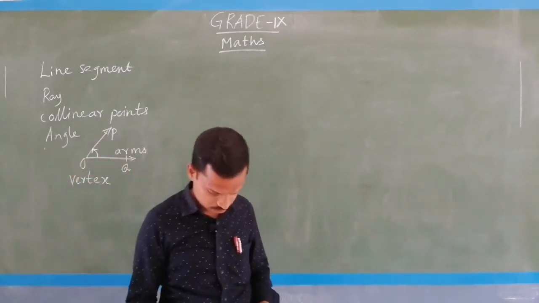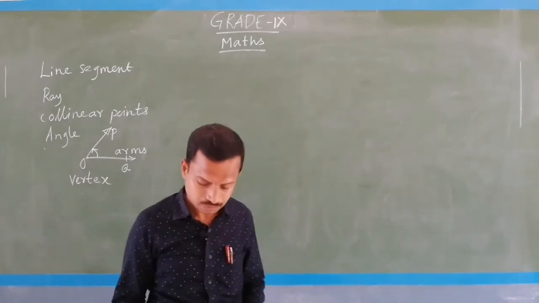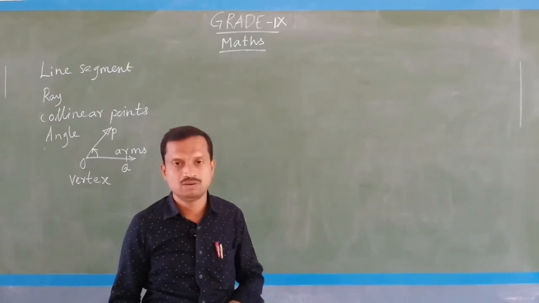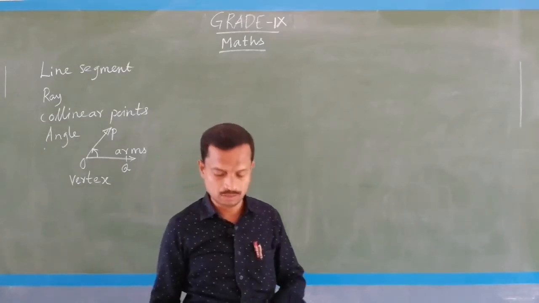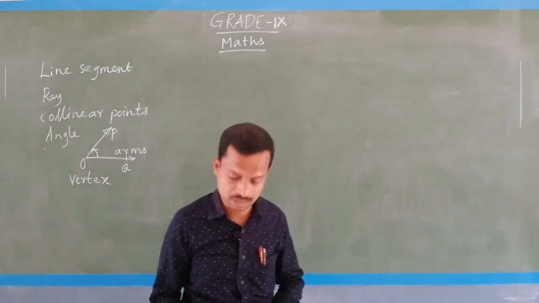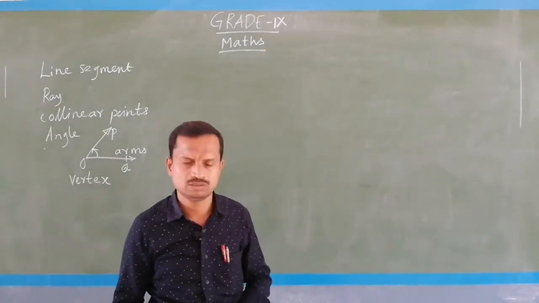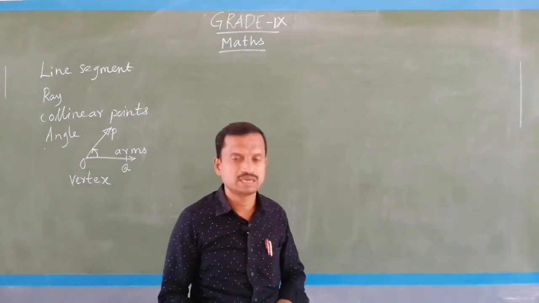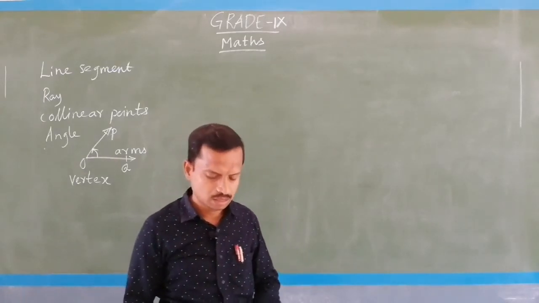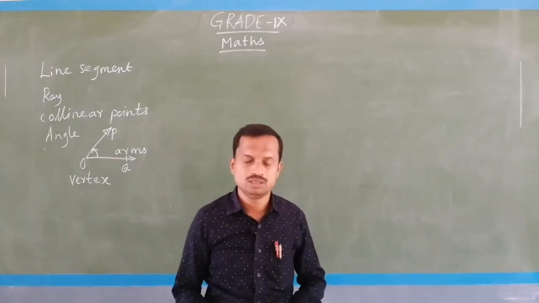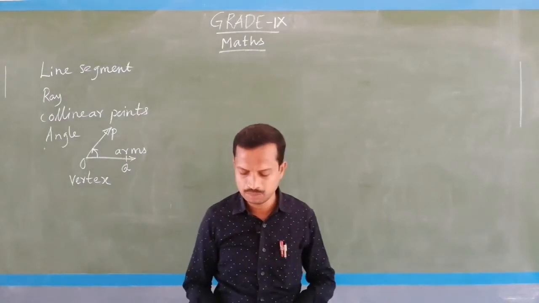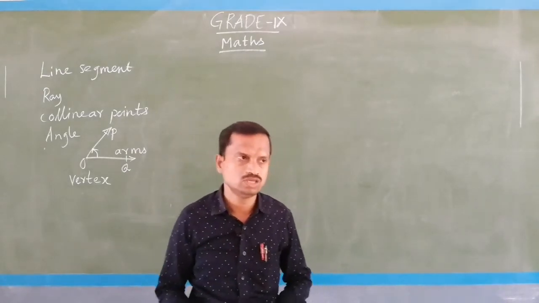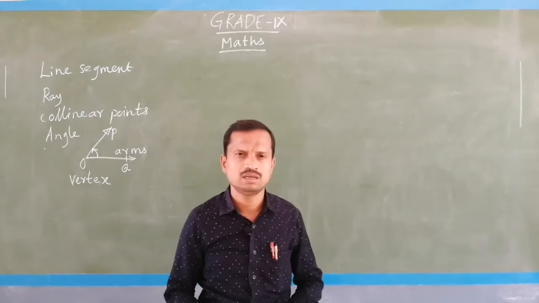And then I already explained to you, on the next page, page number 91, in the first paragraph, all those things are given. An acute angle measures between 0 degrees and 90 degrees. You write acute angle as a side heading and write that. And then a right angle is exactly equal to 90 degrees. And then obtuse angle. Under that you write, an angle greater than 90 degrees but less than 180 degrees is called an obtuse angle. Each term you write and under that you take that explanation.